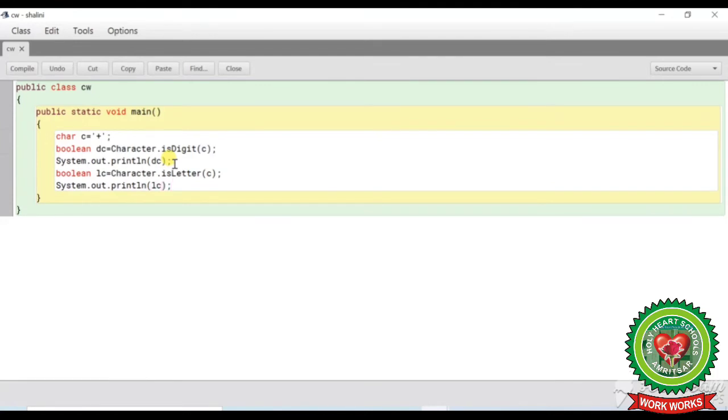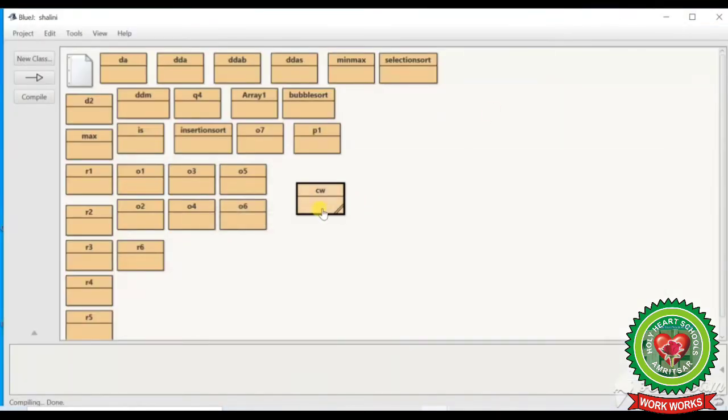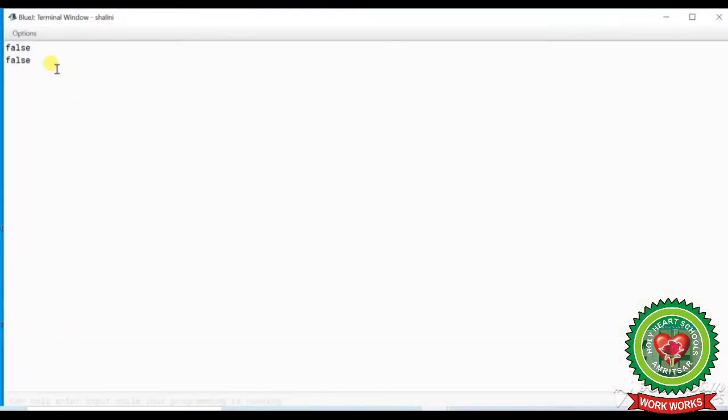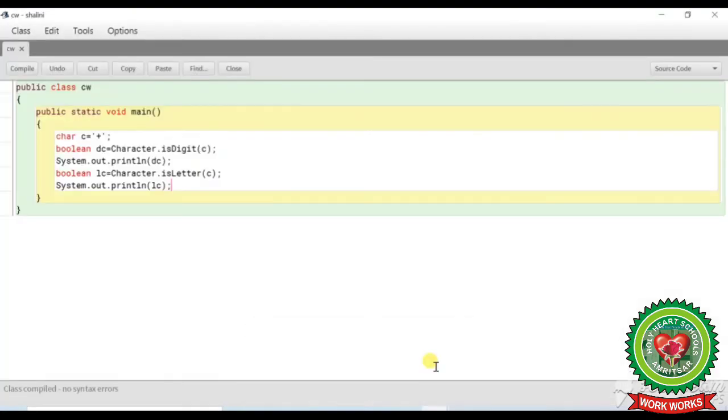Now compile the program, minimize it, right click over here, void main. The answer is false because the character that I have passed is the name of the symbol.